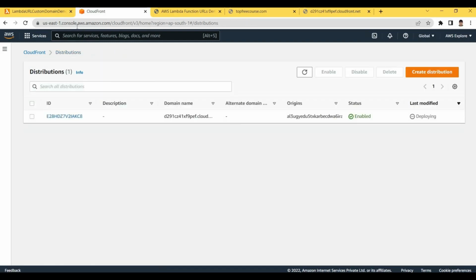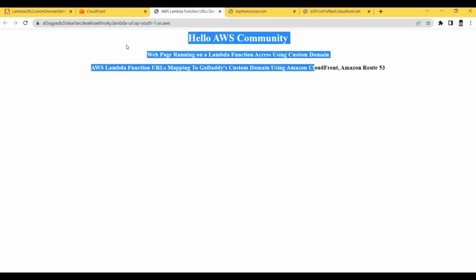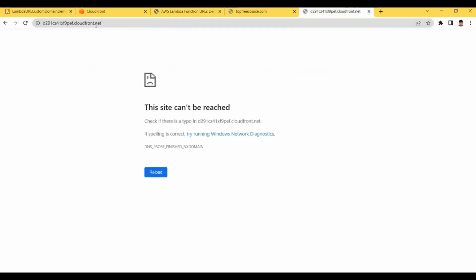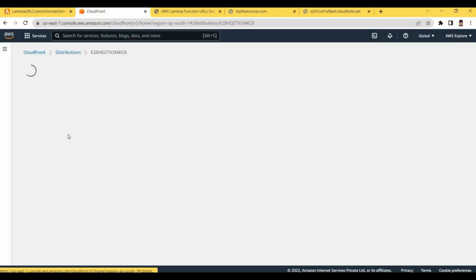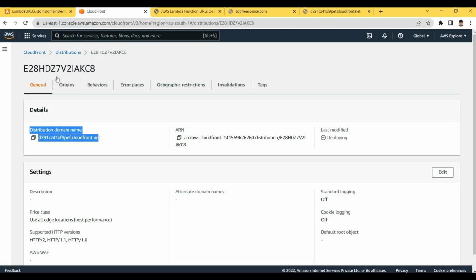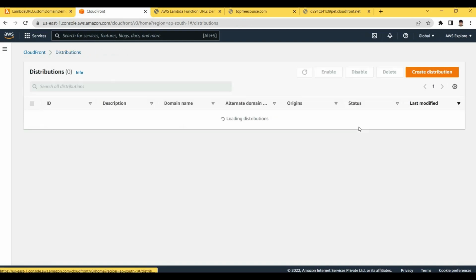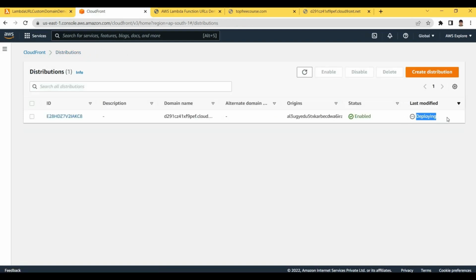As soon as it is done, we are able to see the same response. Whatever the Lambda function is returning, the same will be returned by this CloudFront distribution domain. This will take a few minutes. Meanwhile it gets deployed,